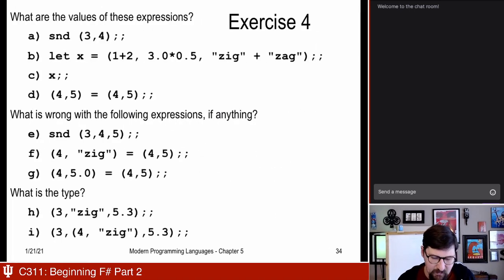All right, so we'll do a couple of these, I think. Probably not all of them, but I leave these for you for reasons. So what are the values? And I would also want you to think about what the types of these expressions are. So like A, the second of the tuple 3, 4. The type of that is going to be whatever the type of 4 is, right? Because that's the second thing. So it's int